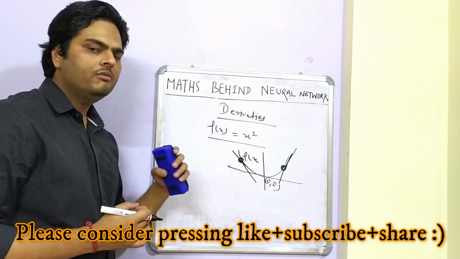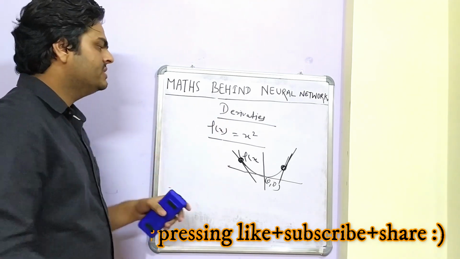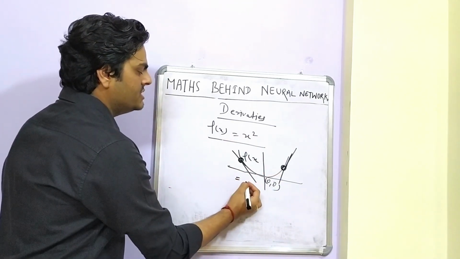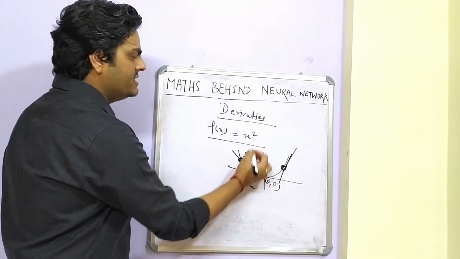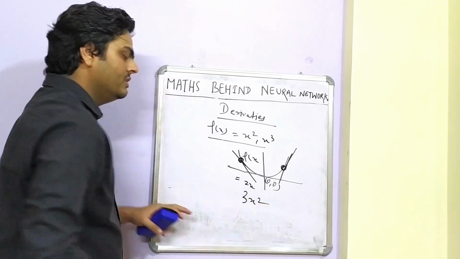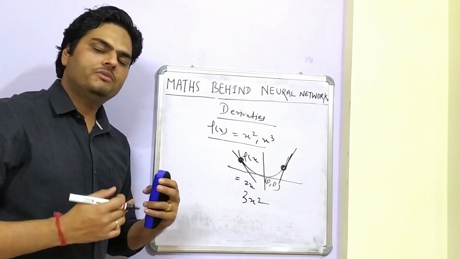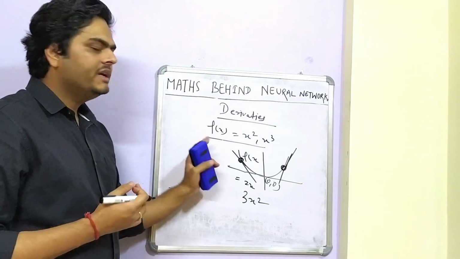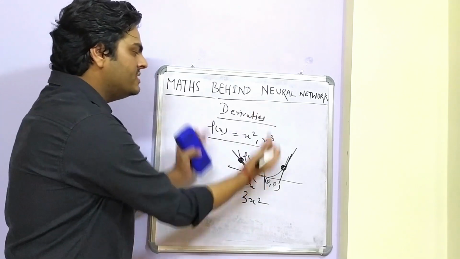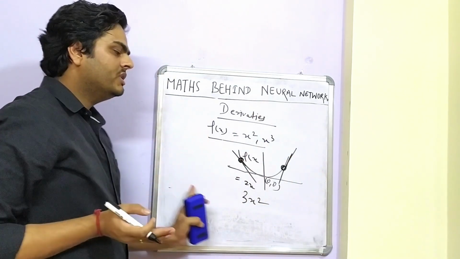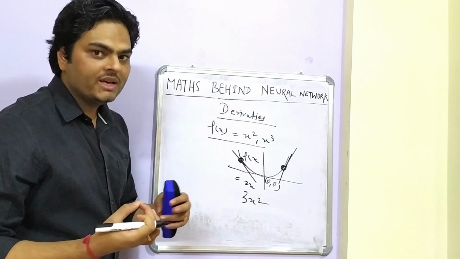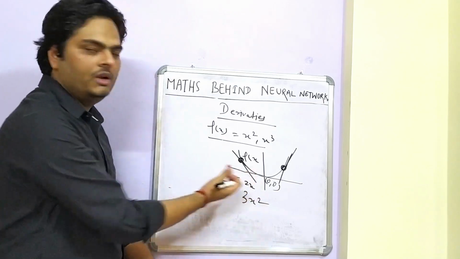How to find the derivative? You must remember the differentiation concept. So if you have to find the derivative of x square with respect to x, then you just say 2x by the power rule. If it is x cube, then you just say 3x square. So this is how differentiation, or derivative, is defined for any given curve. Now if I give you the equation of any other curve, you differentiate that curve with respect to x, and whatever output you get is the derivative of that curve with respect to x at that particular point when you plug in the value of x.